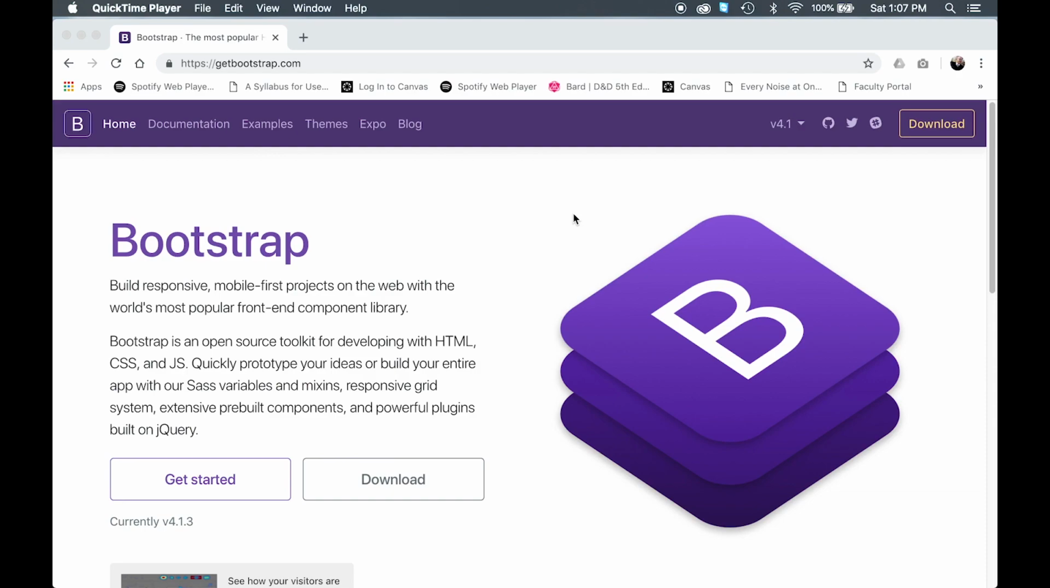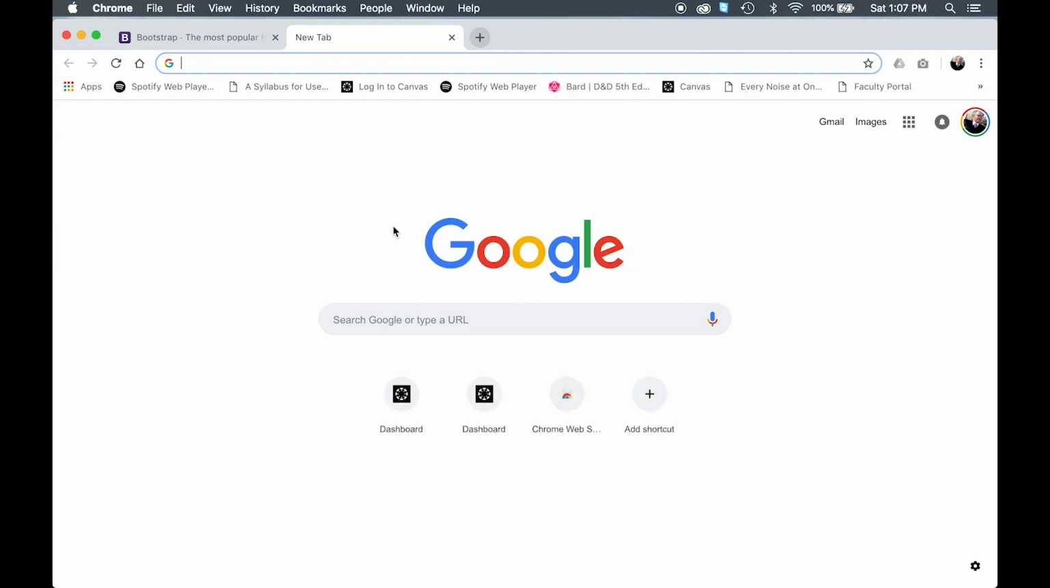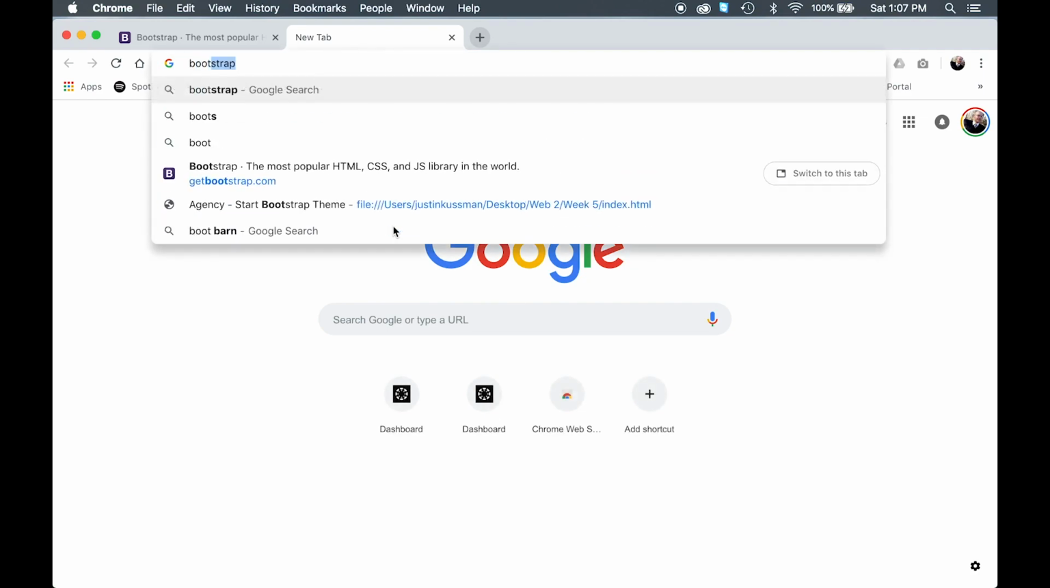I think that's the best way to figure out how to use it. So what I'm going to do, I'm not actually going to download the stuff from the Bootstrap website itself. There's a lot of stuff on here. You can search around if you want. I think there's some better stuff out there. If you just Google Bootstrap Templates,